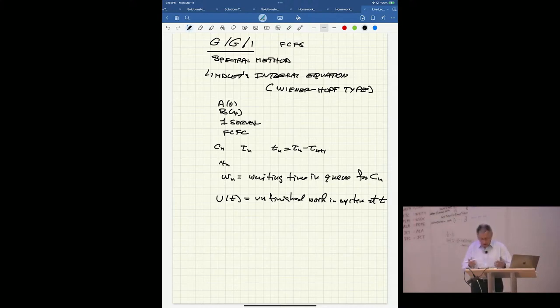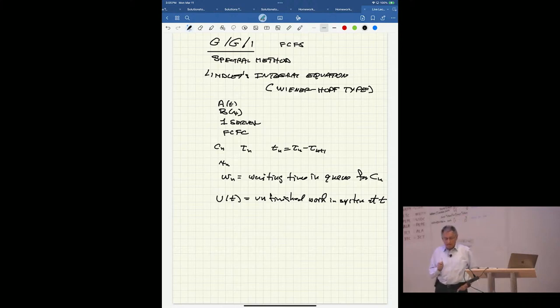And we've drawn pictures of it. I'm going to draw another picture of it shortly, okay? And by the way, this unfinished work is sometimes called the virtual waiting time, V, because it is the waiting time of a virtual customer who could arrive at time t. How long will he have to wait when he comes? It's all the work that's there when he arrives. What he adds is not his waiting time. That's the time he spends in service. So some people call this V of t for the virtual work, but I prefer unfinished work because it's much more expressive. Okay. Well, U of t is not a Markov process